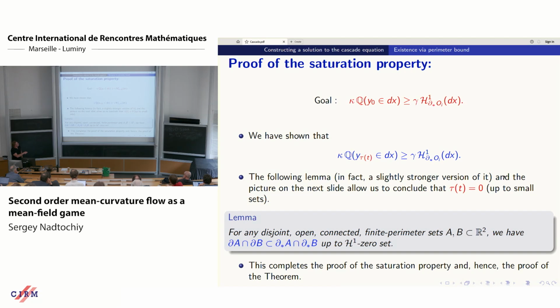So we have proved the saturation property, but unfortunately with tau as opposed to 0. I need it at 0, and it's important, and I only got it at time tau. So I need to somehow prove that tau in fact is 0. And this is where the bottleneck is, and this is where we have to assume that d is equal to 2. So we prove the following lemma, which follows from some general result by Ambrosio on characterization of essential boundaries